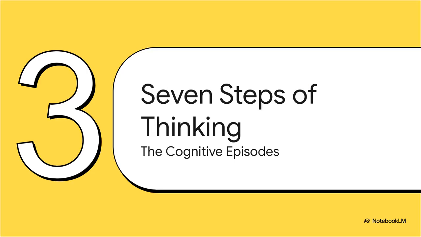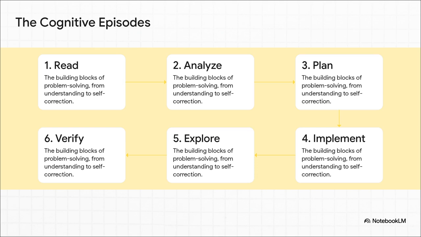So what are these building blocks of thought? Well, Schoenfeld's theory argues that anytime you or I solve a hard problem, our brains tend to move through a pretty predictable set of 7 steps, or what he called cognitive episodes. Okay, so the first 4 are probably exactly what you'd expect. You read the problem, you analyze the details, you come up with a plan, and then you implement it. Standard stuff. But the real magic happens in the other 3. Explore is for when you get stuck and just start trying different things. Verify is that absolutely crucial, let me double-check my work moment. And monitor, well, that's the wait, hold on step we started this whole thing with.